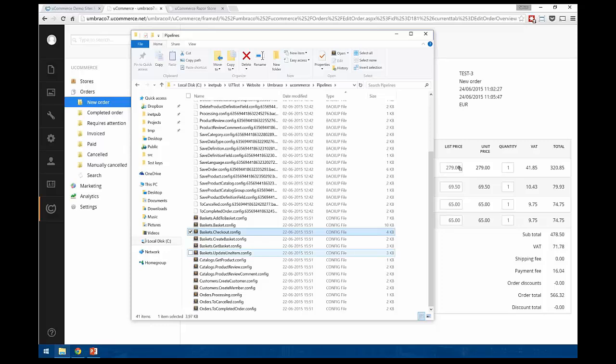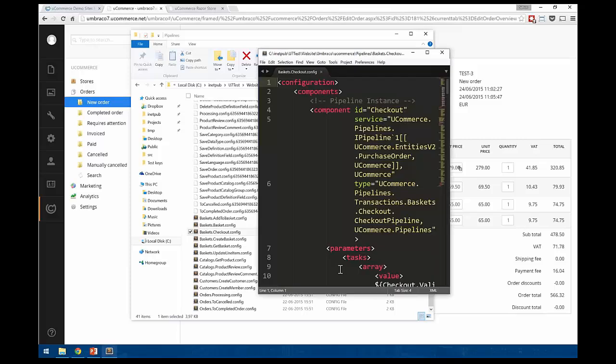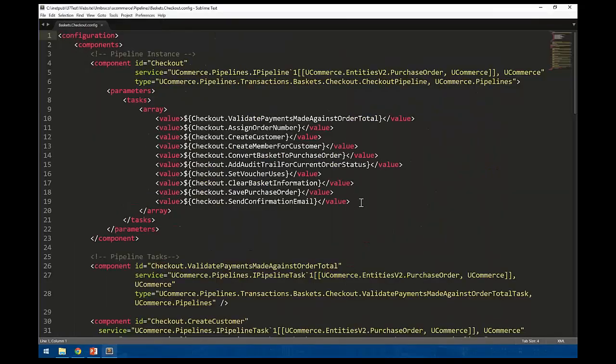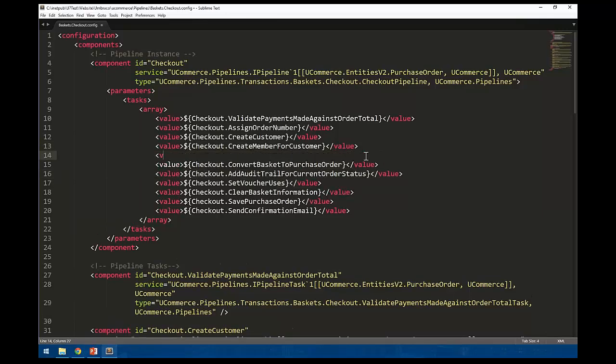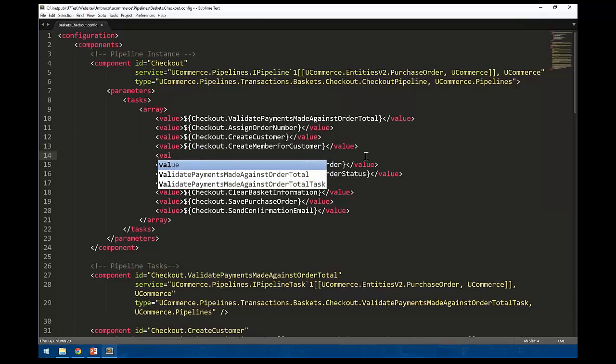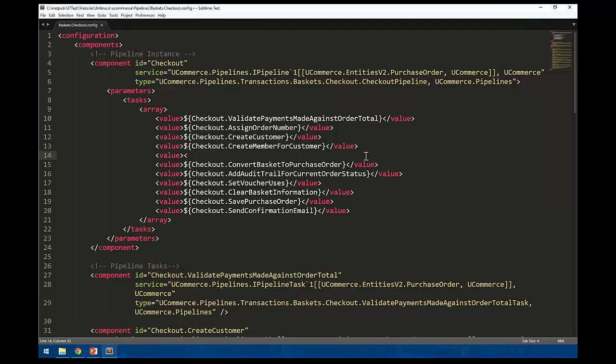Let me show you the checkout pipeline here just to give you a sense of what we're talking about. The idea with the checkout pipeline that I have right here is basically to define the logic that should happen when a basket is converted to an order. And in previous versions of uCommerce, you had to modify the pipeline here directly, which of course would create problems when you wanted to update uCommerce, because we would basically reset these files, removing the steps that you'd added, so you had to re-add them when you updated.